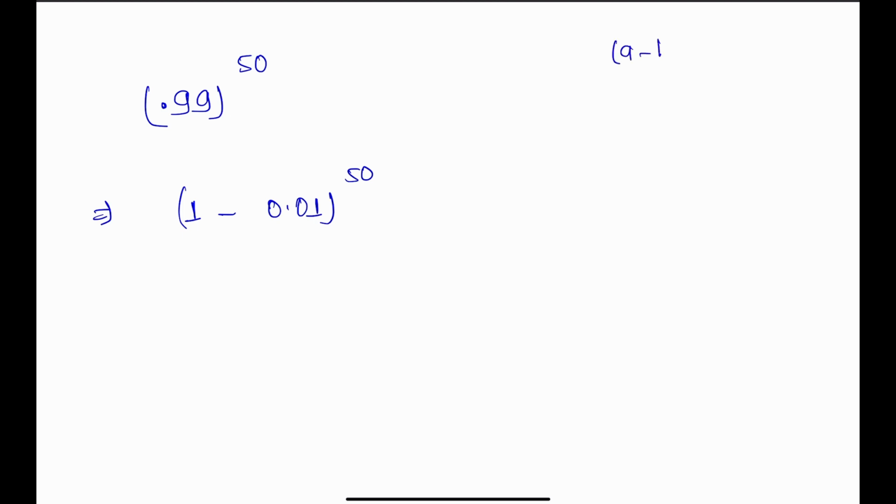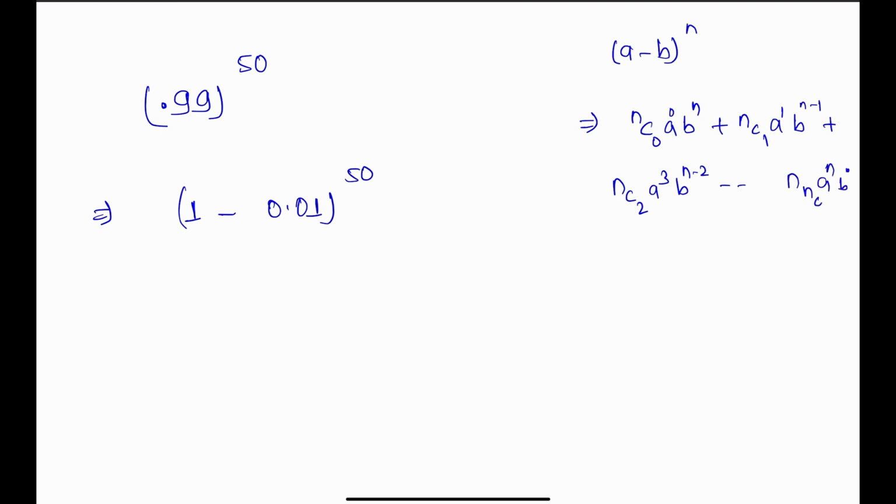So (a minus b) to the power n. The formula is nC0 a to the power n b to the power 0, minus nC1 a to the power n minus 1 b to the power 1, plus nC2 a to the power n minus 2 b to the power 2, similarly till nCn a to the power 0 b to the power n. So if we use the same formula,